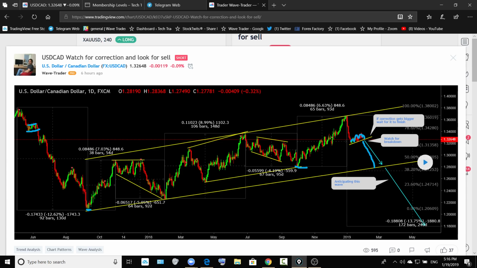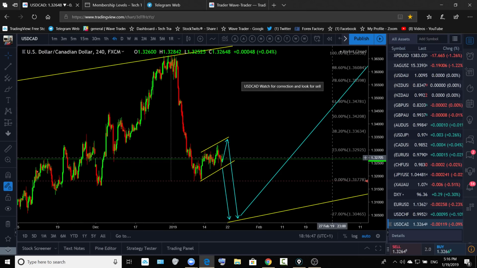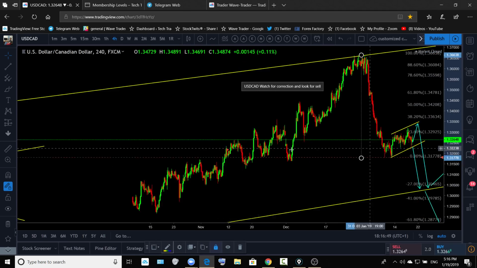Last week I asked you to look for that kind of correction over there. So if the correction is not going to break down and is going to get bigger like that, you can trade on that for a medium term or short term for upside on the dollar CAD. But the longer-term wave, the wave we're going to look for, we're going to stay bearish. All right, this wave, because the pattern and the structure is telling us that in the longer term dollar CAD is going to drop. I have just shown you the example on the CAD yen, so we will stay bearish on the dollar CAD for the longer term. Okay, so here is the chart, and watch that for next week.